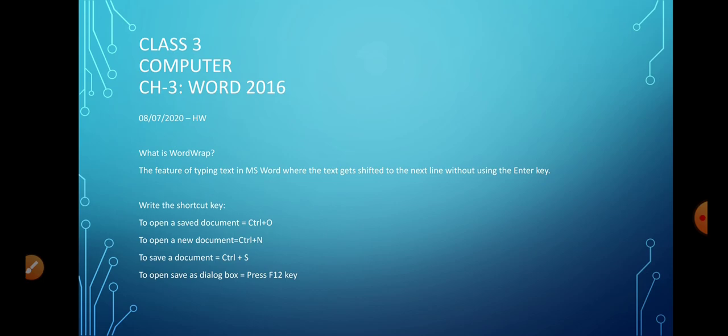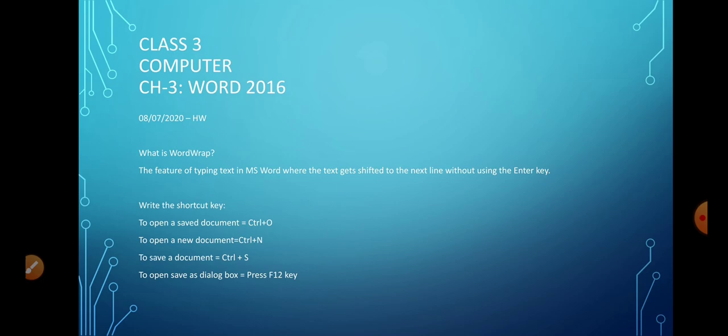But if you have not given a name to your document and you want to save it, give a new name to your document, or this is the first time you are saving it, so for that you have to press the Control plus F12 combination key. This opens a dialog box where it will ask you where you want to save this file, what is the name you want to give this file, like this, and then you can select the location for saving it. Type your name for the file and then click save.